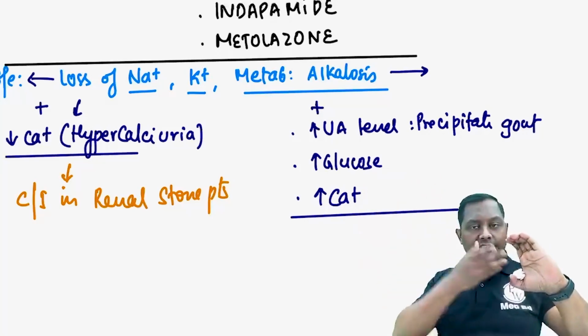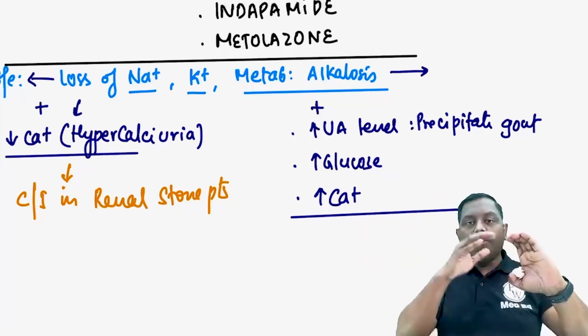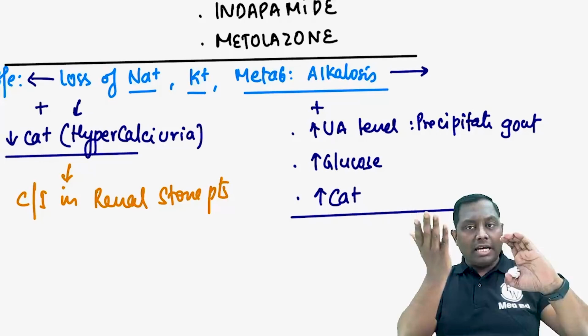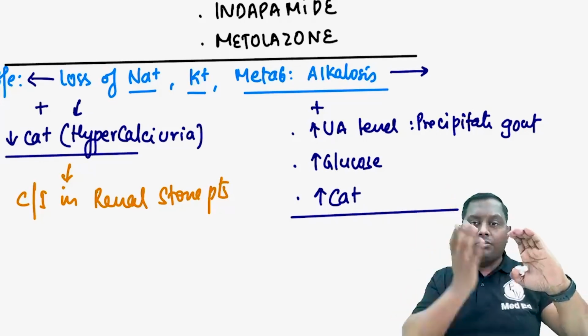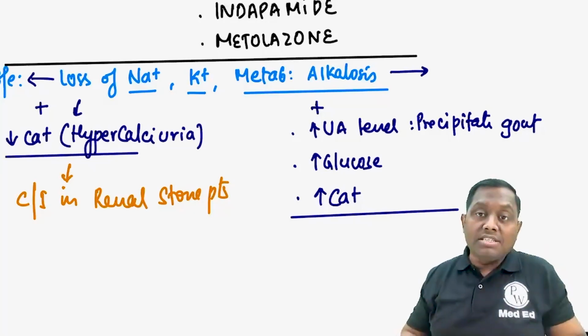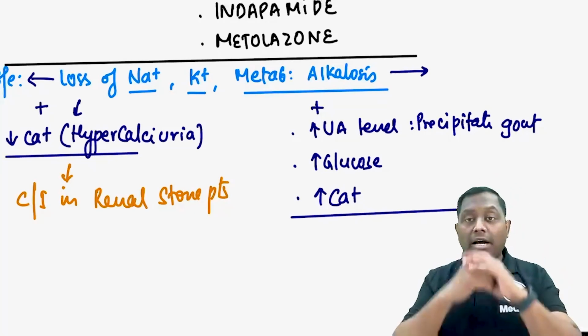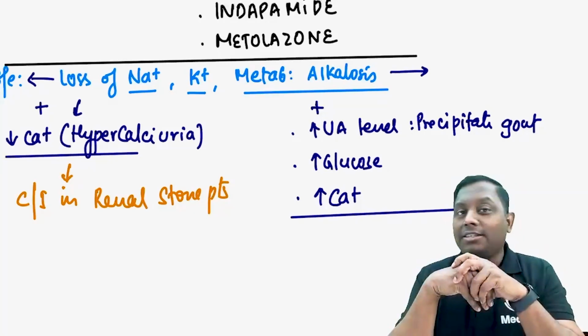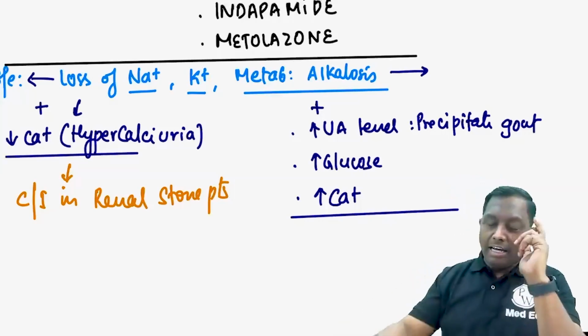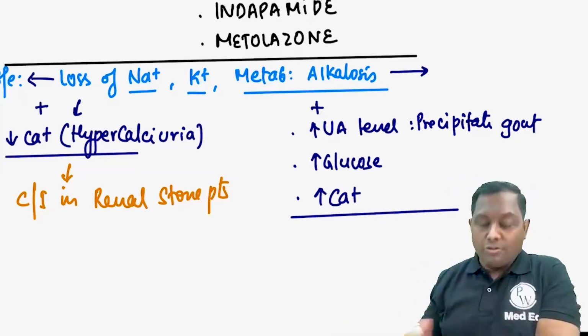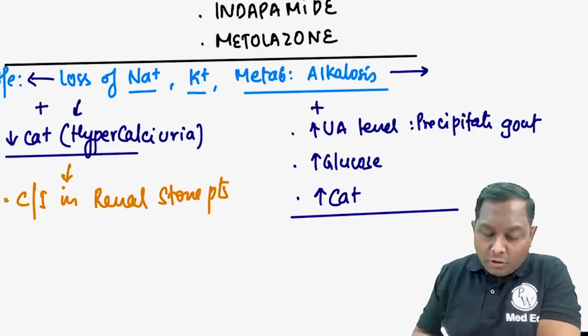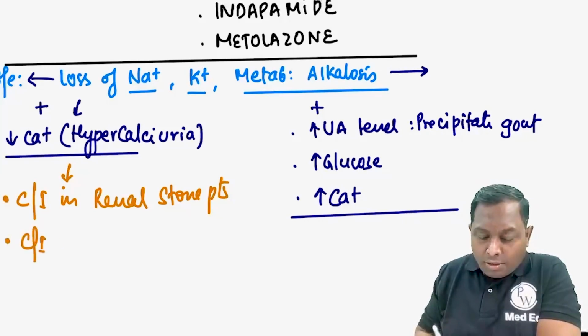So more and more calcium will be coming, and where will this calcium get excreted? It will pass through the renal parenchyma, and this stone, where calcium is already present, will also be affected. There will be precipitation and saturation of the calcium in the parenchyma, and they can actually increase the renal stone size. That is why in renal stone patients we do not give loop diuretics,